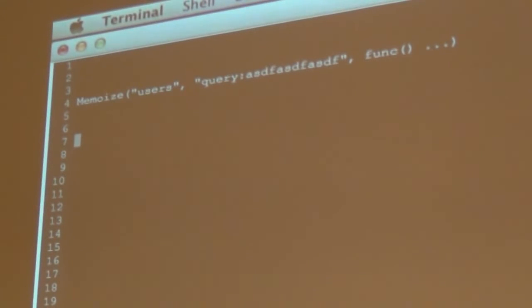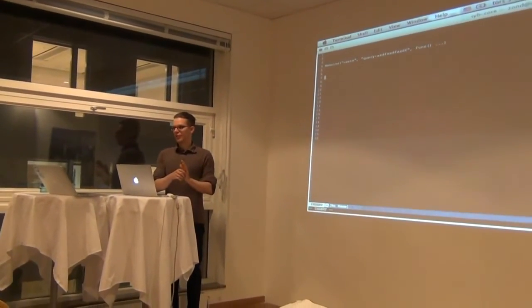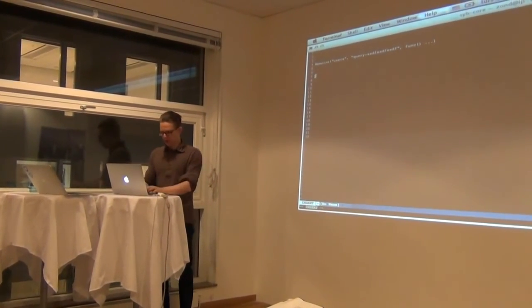I'm using, say I'm using Solr for searching, and I cache the Solr results in memcache with memwise. Then whenever I update a user, I need to invalidate all the search results, because I don't exactly know what Solr would return, or for what queries Solr would return this user, or even what queries have been run. Maybe a million queries of different types have been run. So I want to just do a